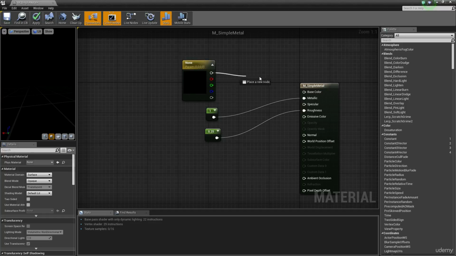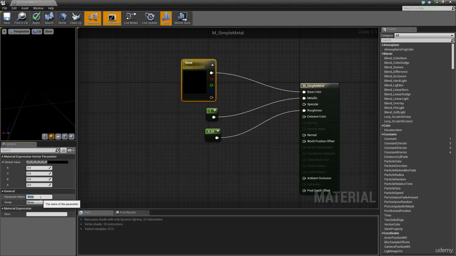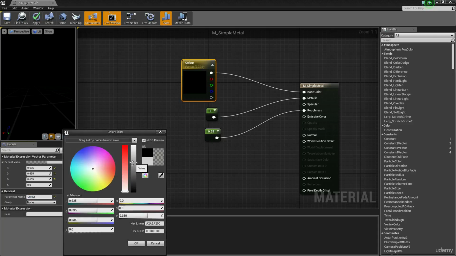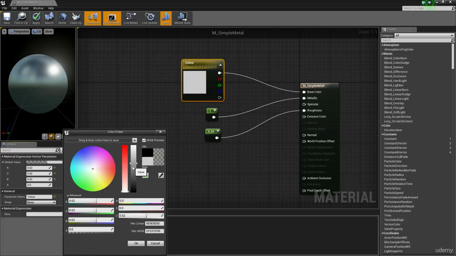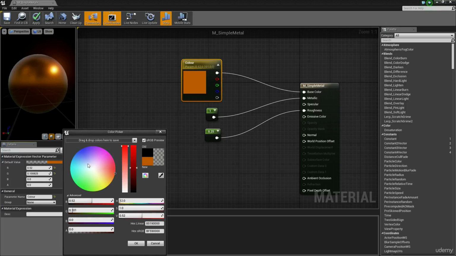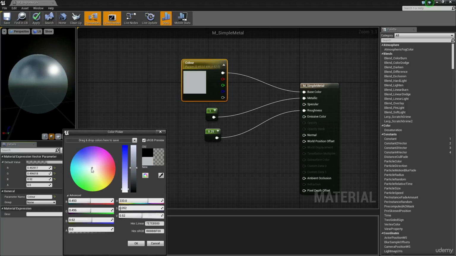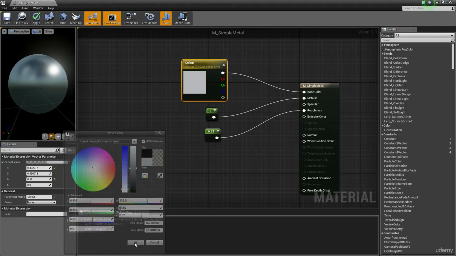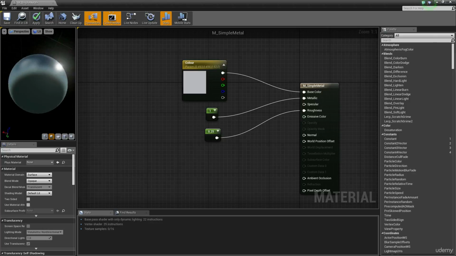So by plugging this in, the top one, into base color, I'm going to go to here, I'm going to name it color, and I'm also going to click here and just give it a base color. Probably going to set it up to be a little dark. That's good enough. And if we wanted to, we could theoretically tint it as well, but I don't actually want to tint it because I want my pinballs to look reasonably just gray. So I've hit OK, and we've got ourselves a simple metal. So now if I hit save,